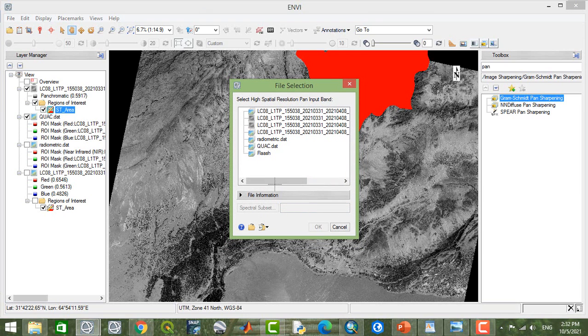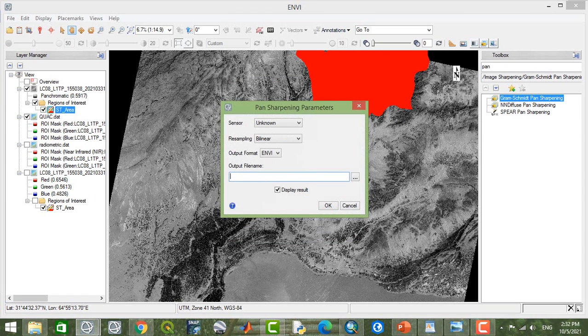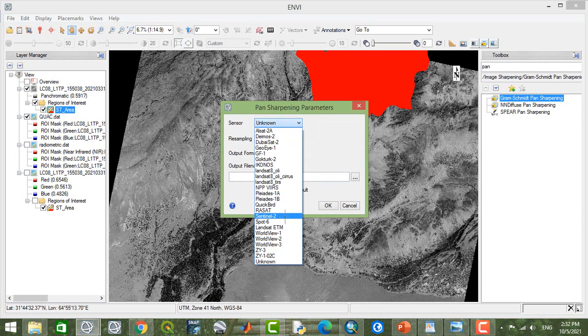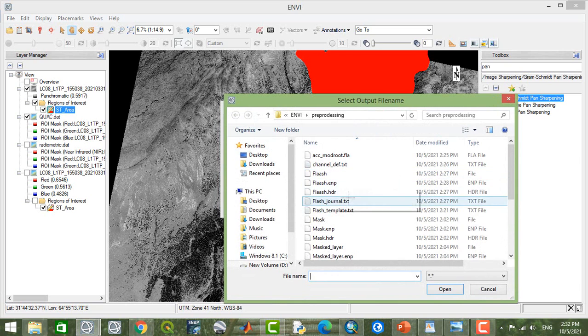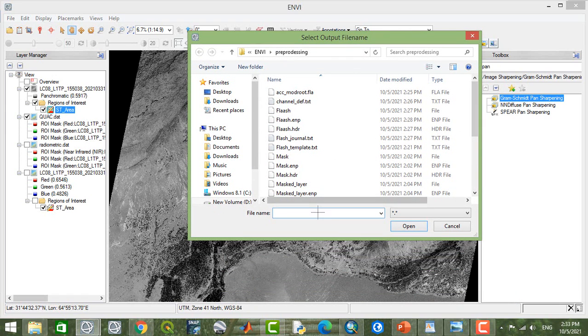And now it's the time to select the high resolution of the image. And this is the panchromatic bond. This is our high resolution image. Then we say OK. And here our sensor is Landsat OLI. And you can select the method of the band sharpening. Nearest neighbor, bilinear, or cubic convolution. But I select bilinear, and the file format would be ENVI file, and I specify its location,